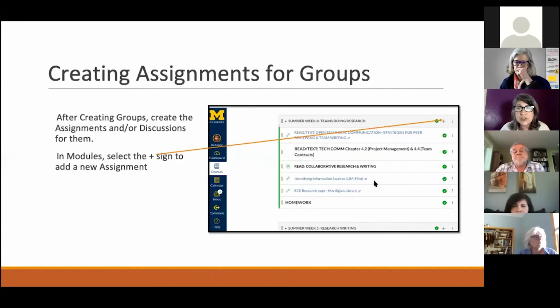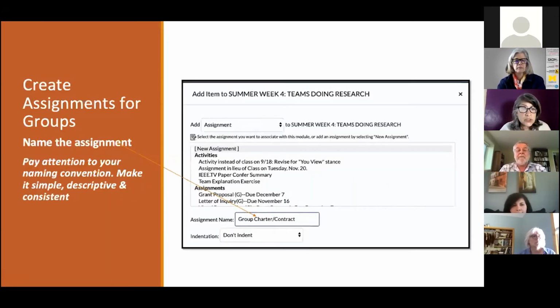So once I've created the group set and I've got my groups all put together, then I go back into the module view here. Then you go back into your modules, and the same way you do every other assignment or every other discussion, you just poke on the plus sign and bring down and create the assignment. And I'm going to work with an assignment because the discussions are pretty intuitive. So you can see here, this is my summer class, the readings they need to do, the resources they're going to need to access. And I'm going to put this, the assignment that's going to be under their homework header.